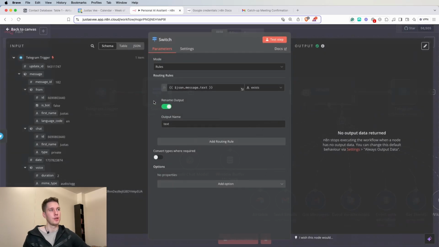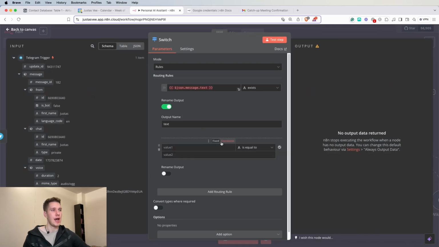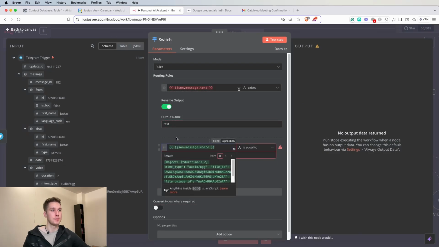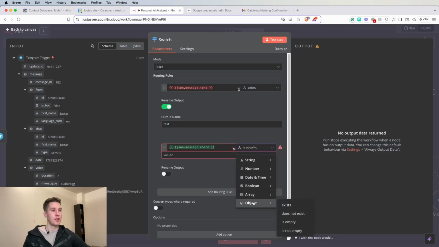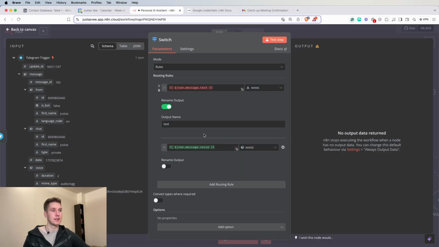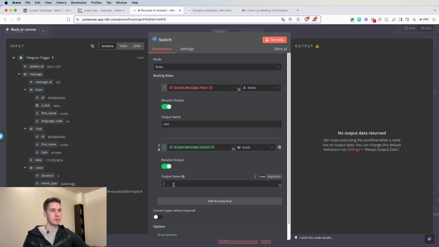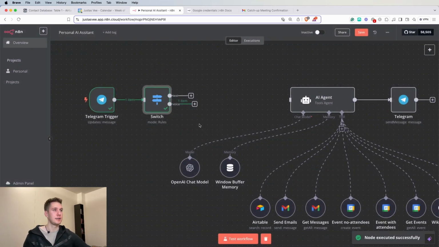So now I'm going to go into the switch node, add a routing rule, and then drag and drop voice, and then go into the object and exists. So also rename the output, and it's going to be voice, like so. Test, and it went through. So now we have to actually